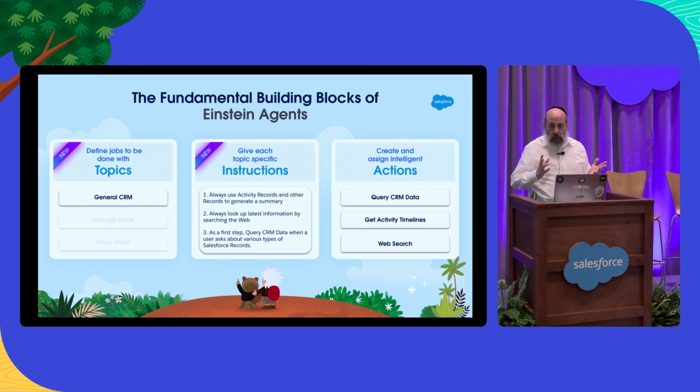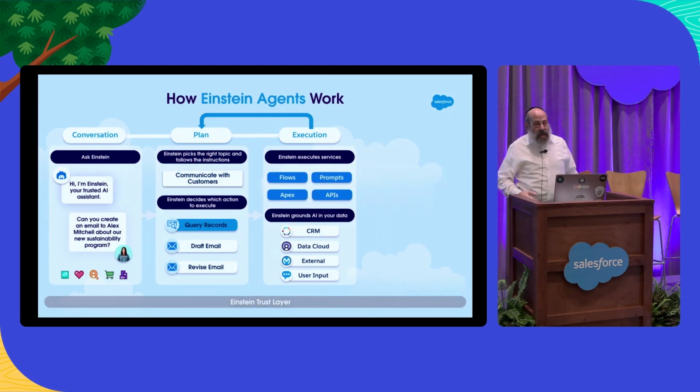What this allows me then to do is have separate topics, and this will then allow Einstein to become smarter, because before, just looking at the various plethora of actions that might be available for it to take, it now has a narrower, smaller set of topics, and now it will look at the topic first and figure out which topic to use, and then, based on that, it will leverage the actions within that topic. And you can see that here, where now I tell my agent, create an email to Alex. So as I tell the agent to create this email to Alex, a number of things occur.